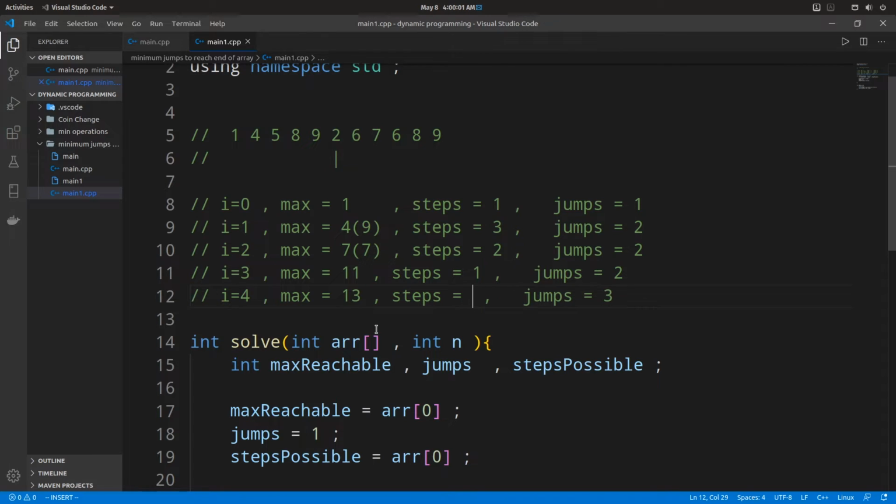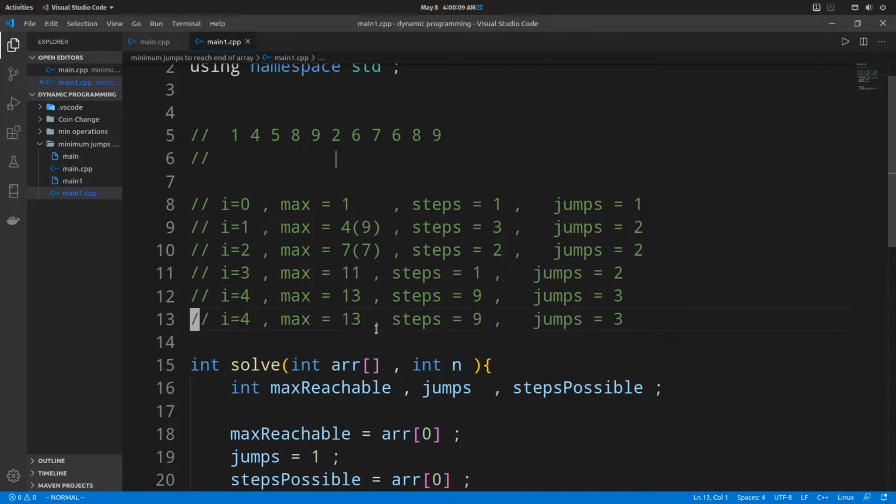Okay, so we reinitialize steps with 13 minus the current index 4, and jumps is 3, and the iteration will continue. In the next, when i is equal to 5, we move on from 9 to 2. Here we calculate the max reach index, that is 2 plus the current index 5, so that is 7. The maximum is 13 itself, so we don't update the max reach index, we continue with the same. And since we took a step forward, we decrement the number of steps and the number of jumps will